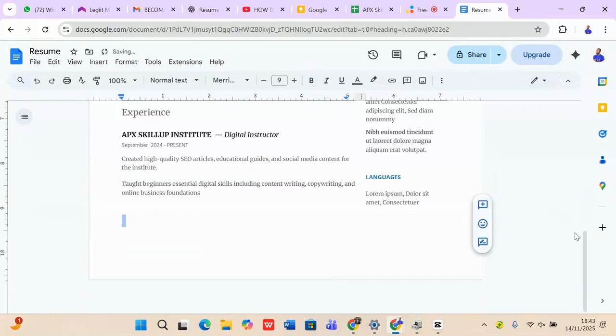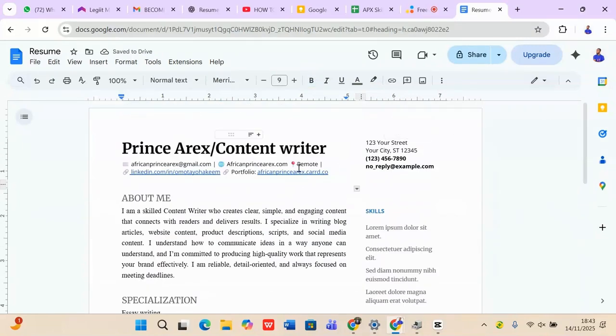Once they click on my portfolio at the top side here, they can easily see everything that I've done for my previous clients. This CV is just basically meant to show everything that you have on that particular skill so that they can view everything at once. So that is that about that. This one, let me just remove it. I don't need the address. So now, as you can see, we are moving forward.